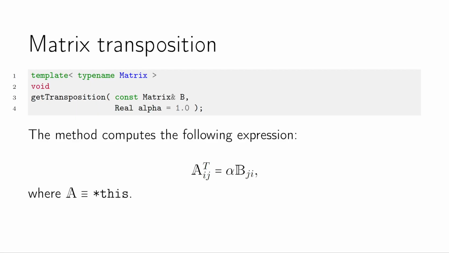Matrix transposition can be understood as a rotation of matrix elements around its diagonal. The transposed matrix is obtained by swapping the row and column indices. In TNL, transposition can be performed using the getTransposition method of the dense matrix class. Along with transposition, this method can also multiply the matrix elements by coefficient alpha. The method takes as parameters the input matrix B, coefficient alpha, and